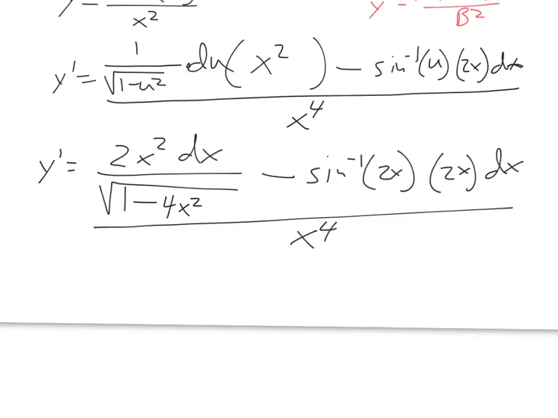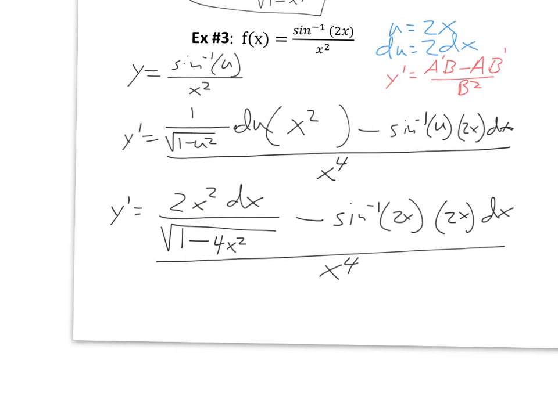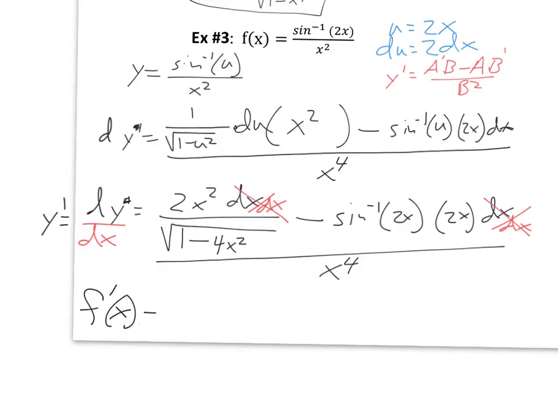Okay, a couple little things we can do here. I realized I was using some bad notation here. Technically, I should have been writing dy here since I was taking the derivative implicitly. So that shouldn't be y prime, it should be dy. Because now I'm going to go ahead and divide everything by dx, which is just like dividing the top by dx. If I do that to both terms, that cancels out, and now it's dy over dx, so that's nice. So when I go to write this, I could write this as y prime, because y prime equals dy over dx. Or, since I started off with f of x, I could write it as f prime of x equals,